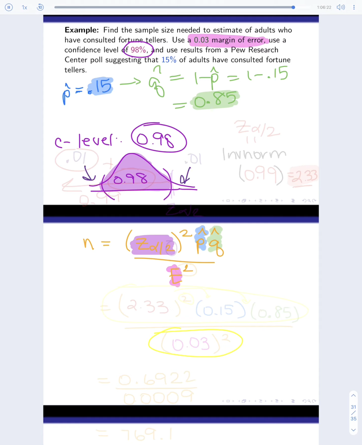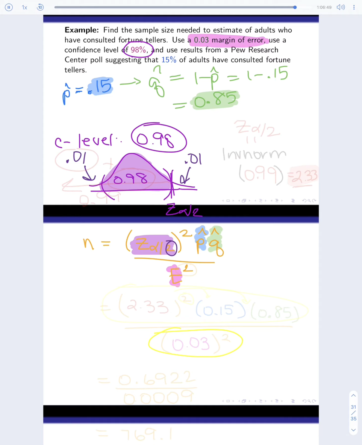The other 2%, which means each n should have half of that. That's why the alpha is divided by 2. So each n should have a 0.01. That's why they said divided by 2, because you've got to split it up between both n's when they give you a confidence level. Okay, so remember the goal is to find the z sub alpha over 2 that comes